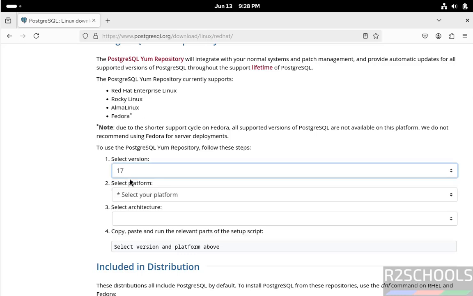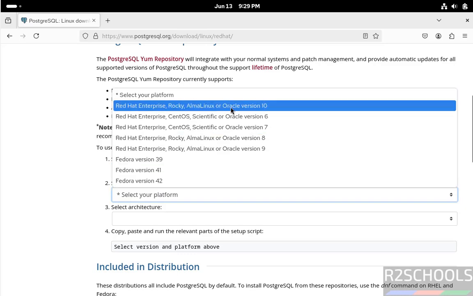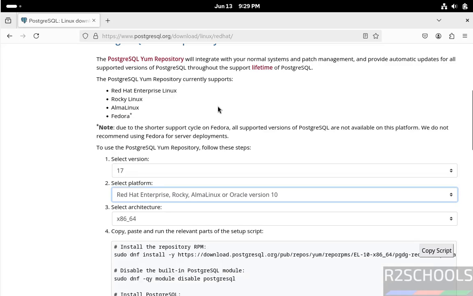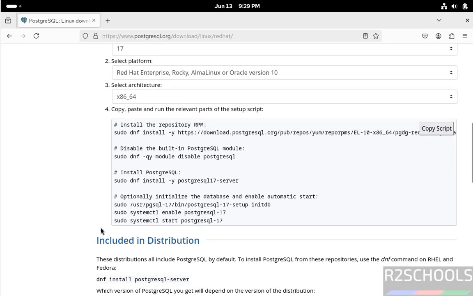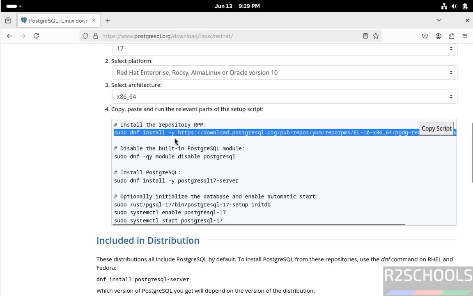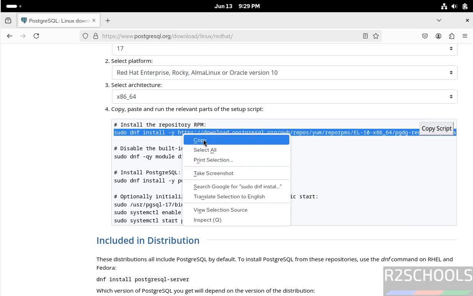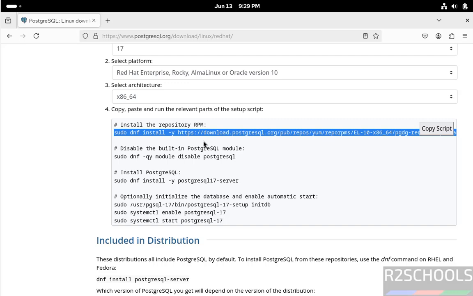Select the version. Then select the platform. See here, we have the Red Hat, Rocky or Alma 10 version. Select it. See, once you select it, it populates the list of commands that need to be executed. So copy these commands one by one. First, it is going to install this repository RPM. Copy it, open terminal,